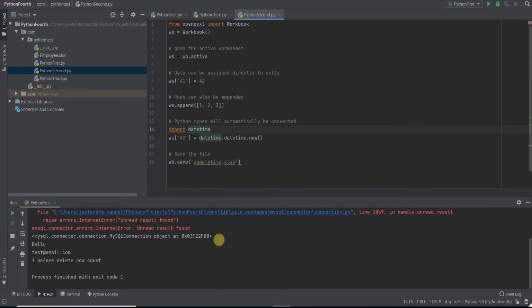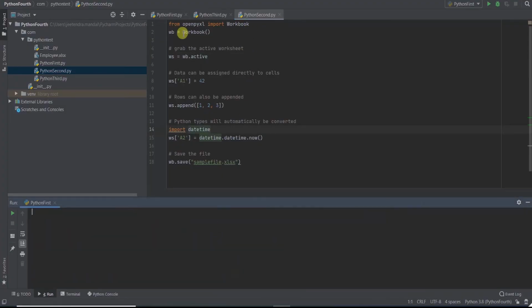Okay, so first of all, we'll try to create an Excel file. By default, when you run the program, if you don't give a path, it will create the file in the same folder where your code lies. For Excel you need to import the library Workbook. As we know, in Excel we have a workbook and worksheets. You need to create the active sheet, which by default is Sheet 1, and then for the rows and columns, we can append these values.